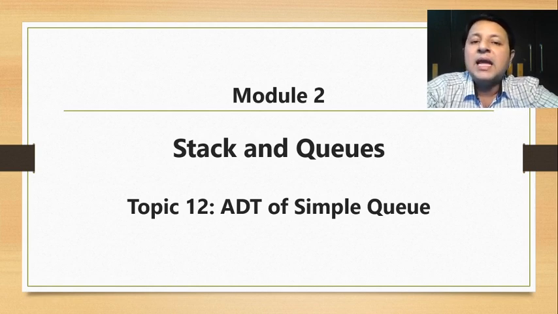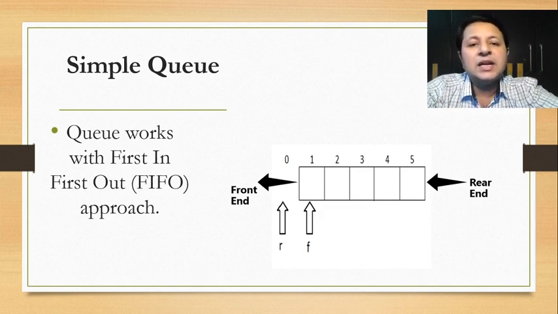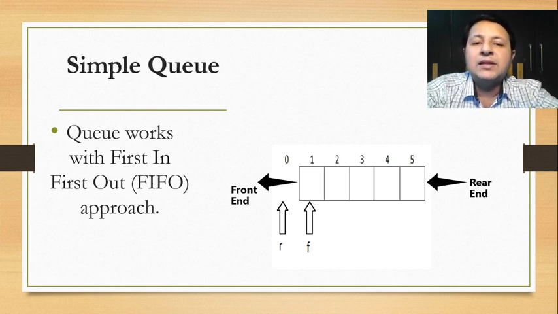Now, so far we have completed stack and we had seen that stack uses last in first out approach. That is insertion as well as deletion, that is push and pop, is being done from the same end. Whereas in case of queue, as you can see, the insertion is done from the rear end, whereas the deletion is done from the front end. And that's the reason your queue will use first in first out approach. So the element which is being inserted first will be the element which will be deleted first.